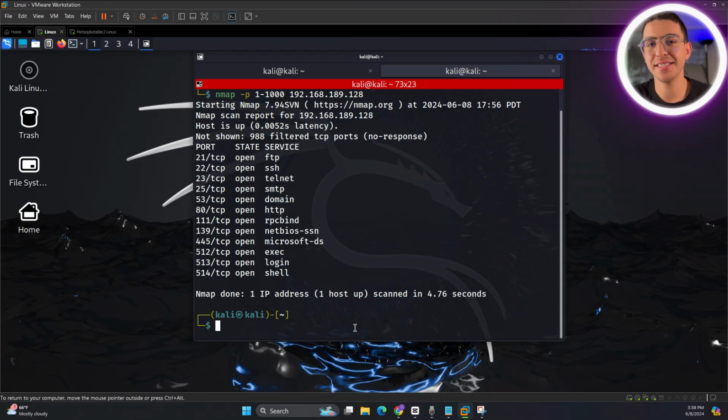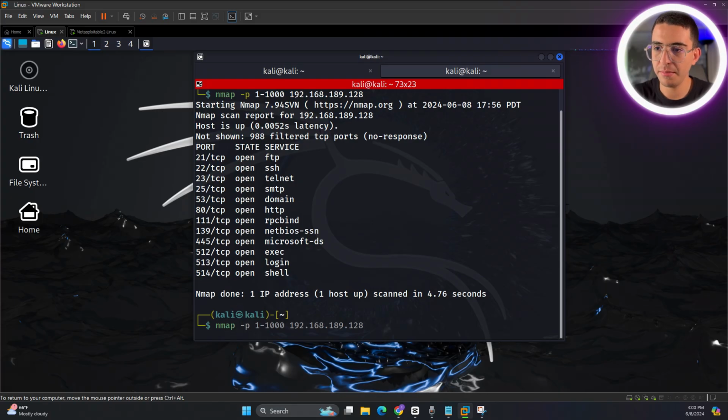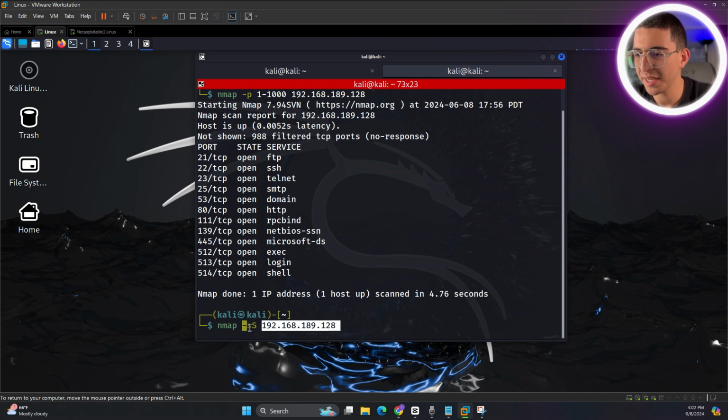Next, unlike the aggressive mode, we have Stealth Scan, also known as SYN Scan. This is a more clever way of scanning, making it less likely to be detected by a firewall. nmap -sS, with an uppercase S, and the target's IP address. So the -sS flag initiates a stealth scan by sending a SYN packet and analyzing the response without completing the TCP